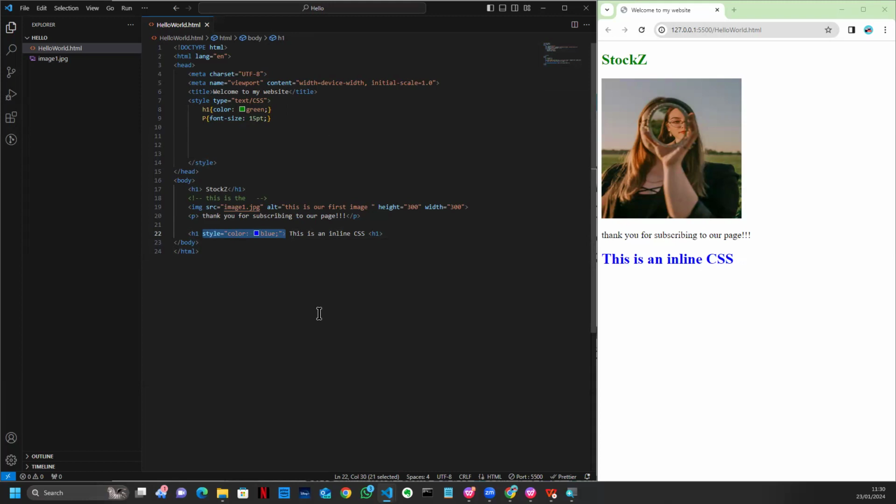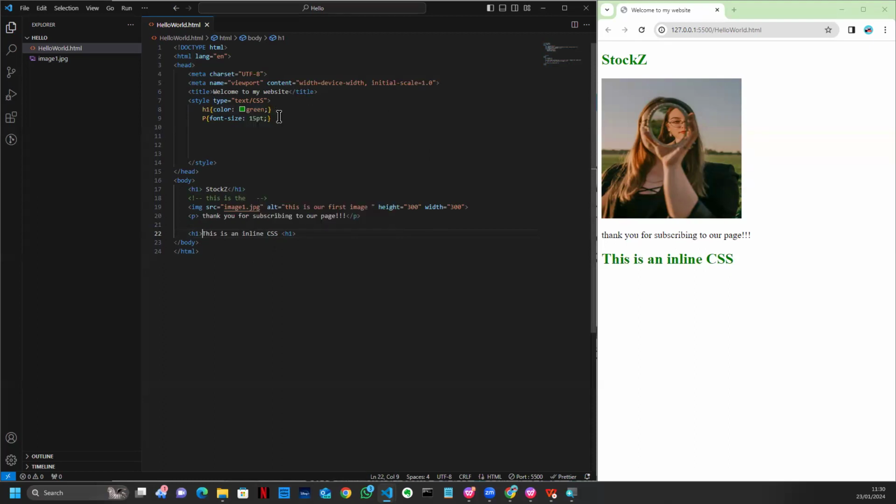So if we just hit the save button. Okay, so what I did, I removed our inline CSS in order for our